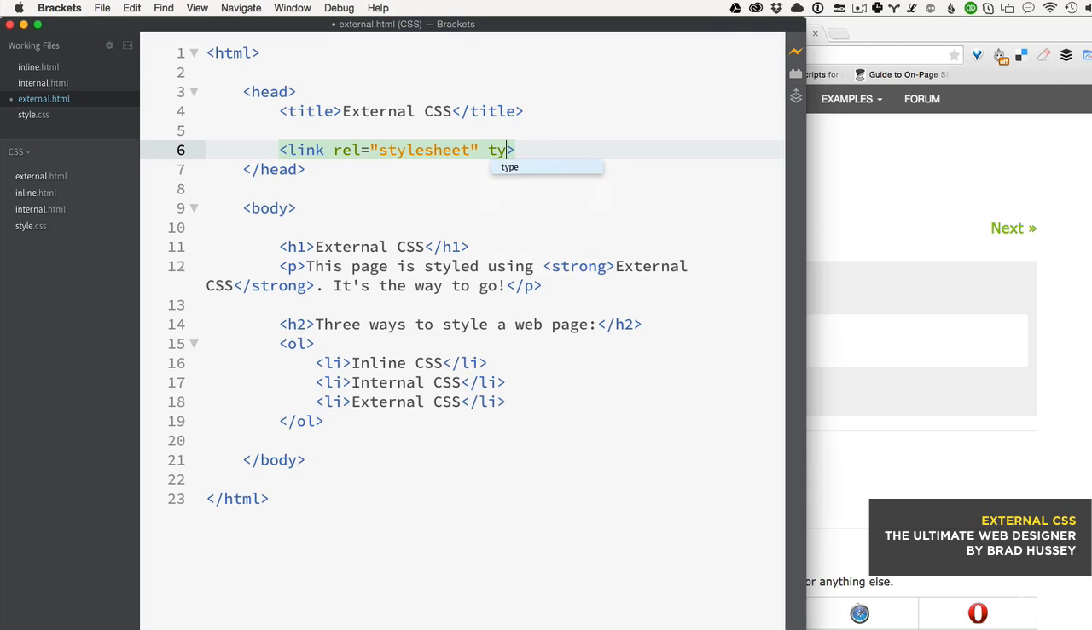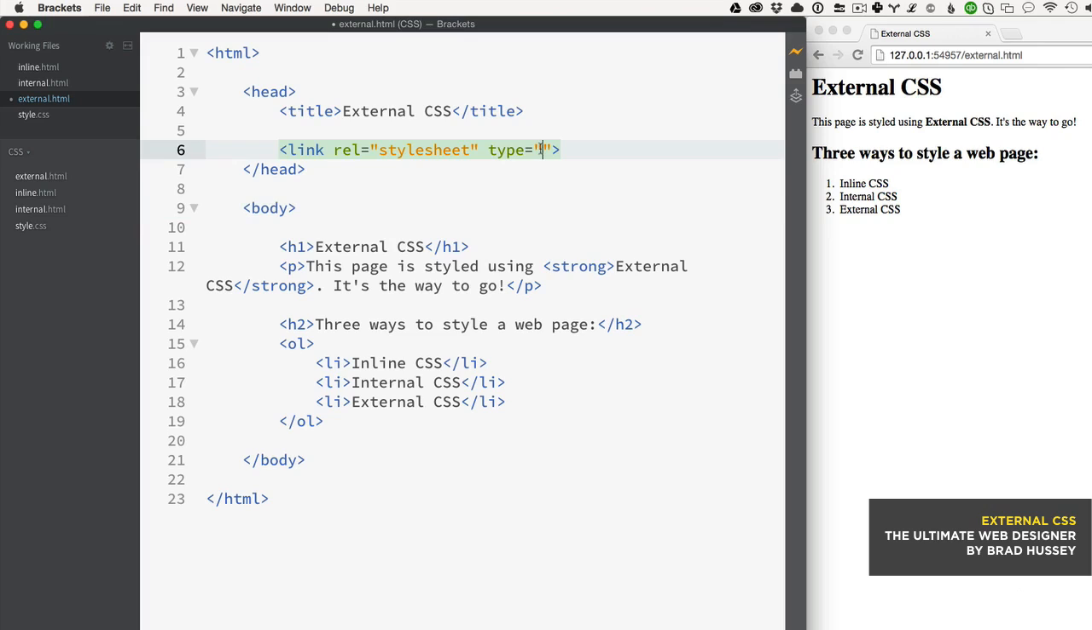The next one is type. It's not a required attribute, but it's usually good practice to add it. And this would be text/CSS. So what is the media type of the linked document? And the last one that you should add is